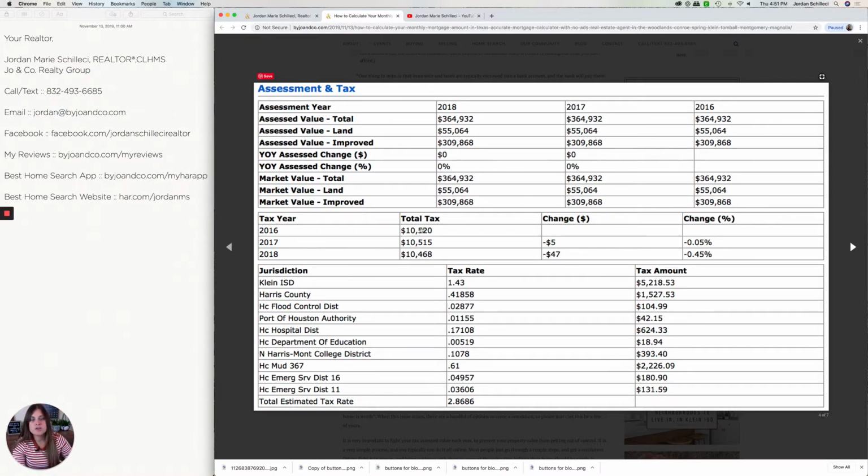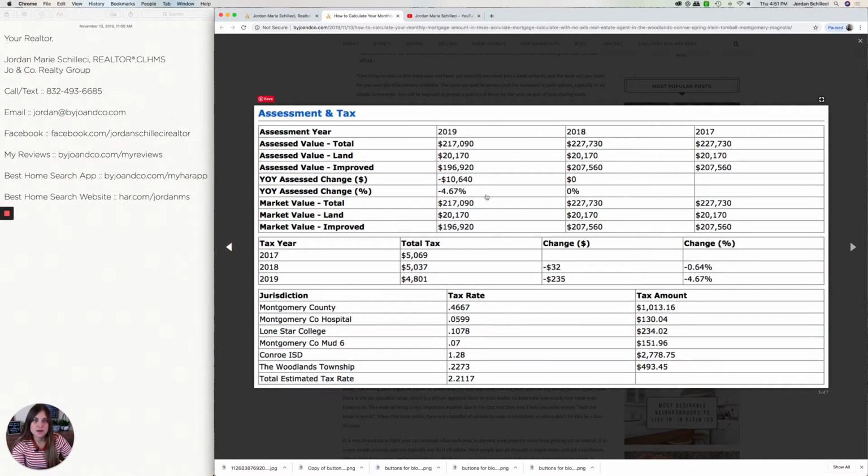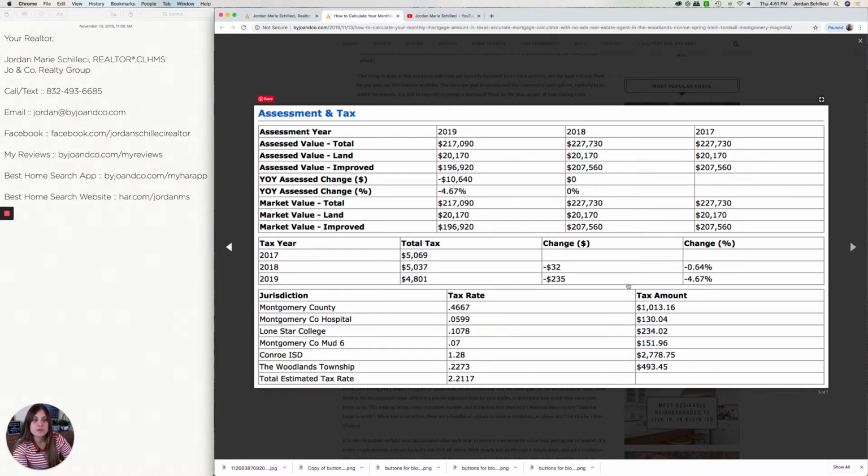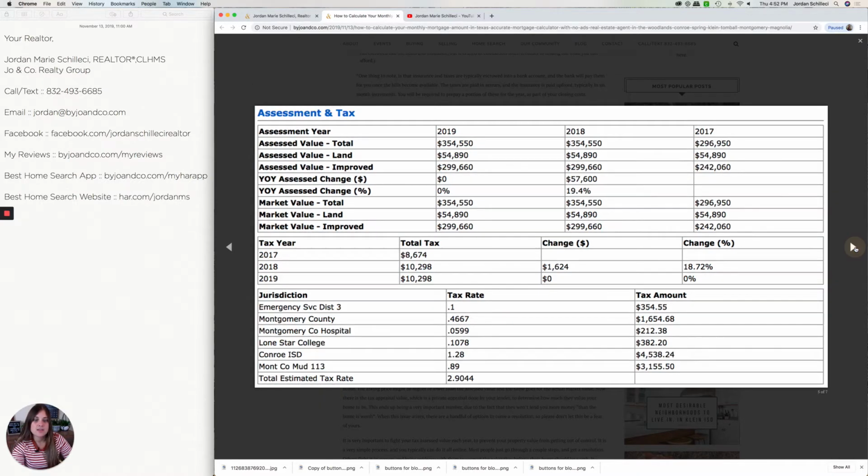This home, I try to find homes that are around $400,000, even though they weren't all tax assessed at that amount, they were still selling for that amount. So you can see this one was a lot lower. This one's $364, so you can obviously see the difference. But see how these tax rates differ? You're at 2.86, and over here you're at 2.2. So a lot of the homes in the Woodlands, even though they are costing more money per square foot, you are paying typically less in